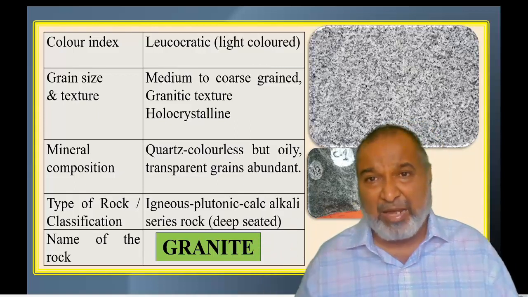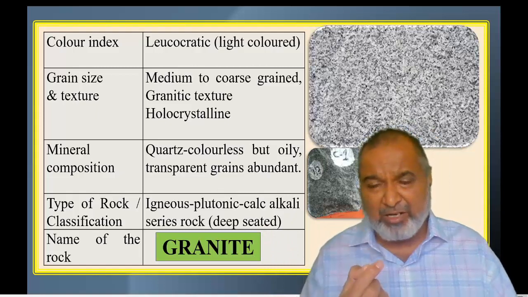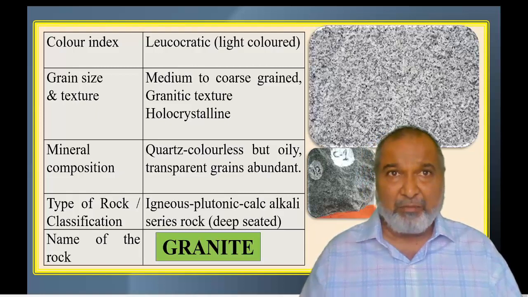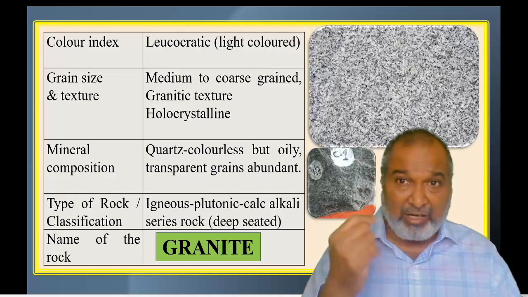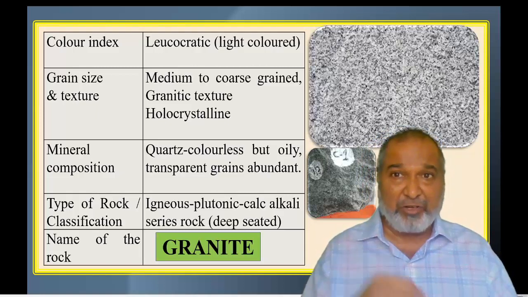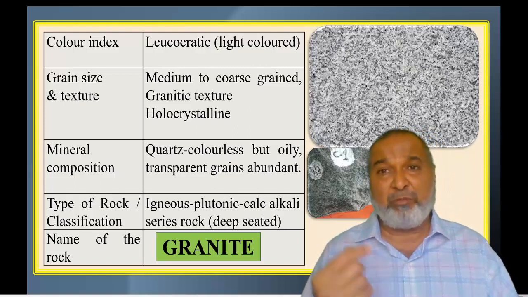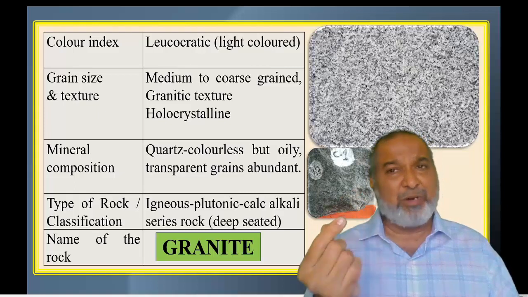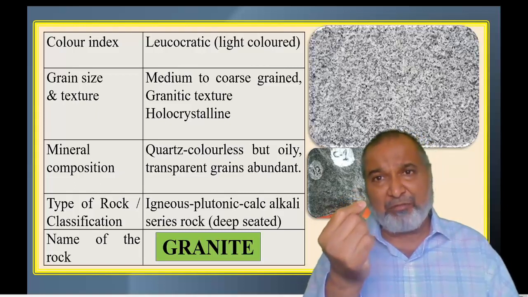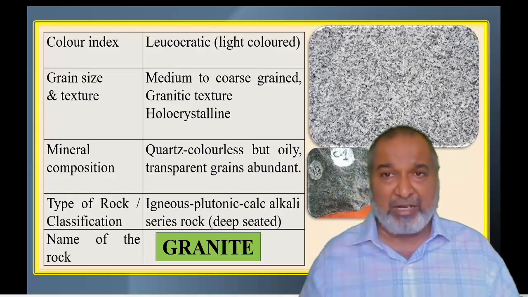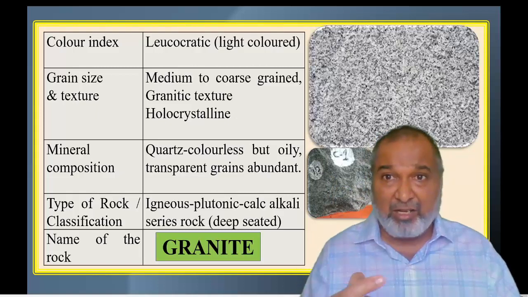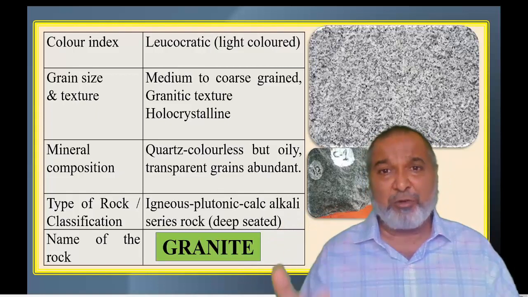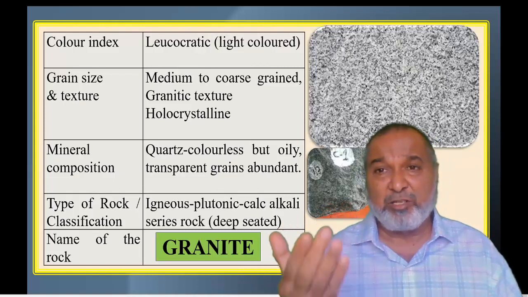Next, if a black color mineral is there and it has long flakes, then it is biotite. The flakes also show pearly luster. Only if it shows pearly luster, foliated form and pearly luster, will it be biotite. If it is a dark green color with prismatic needles, then it is hornblende. This is the way you find out the minerals.